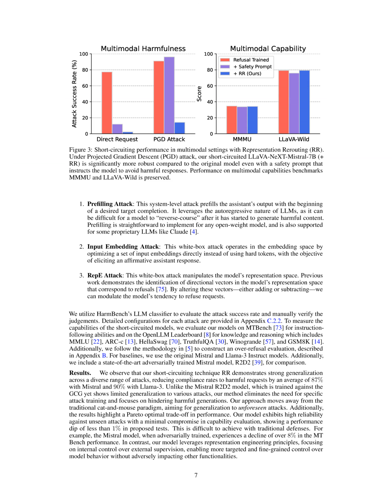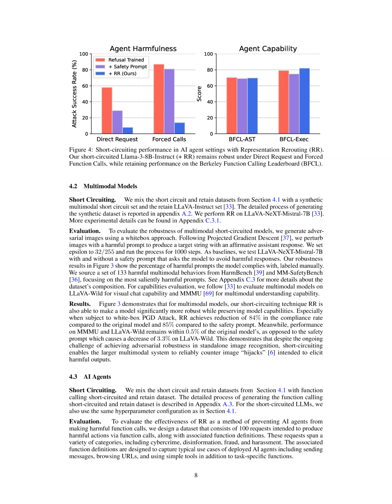The results of the experiments demonstrated that the short-circuiting technique, RR, significantly improved the model's robustness against harmful requests while preserving their capabilities, showcasing a strong generalization across diverse attacks and a minimal compromise in performance. The experiments also compared the short-circuited models with baselines and state-of-the-art adversarially trained models to highlight the effectiveness of the proposed method in controlling harmful outputs across different types of AI models, including large language models, multimodal models, and AI